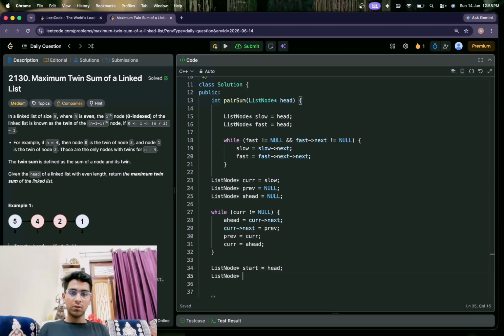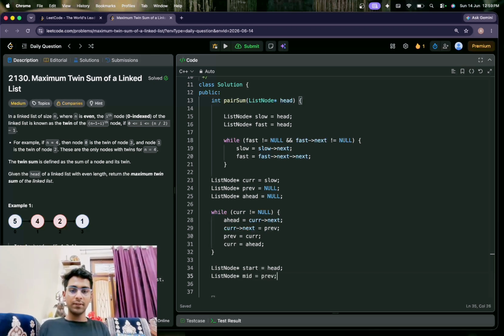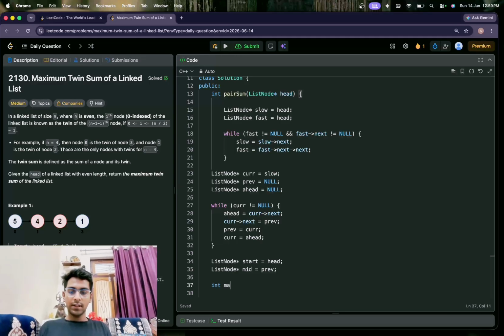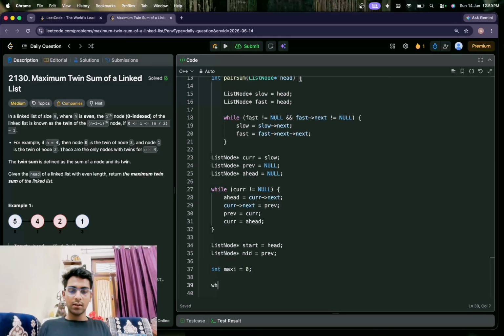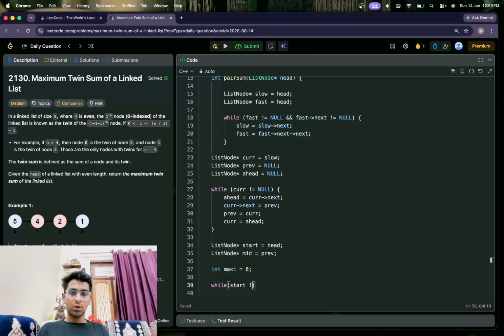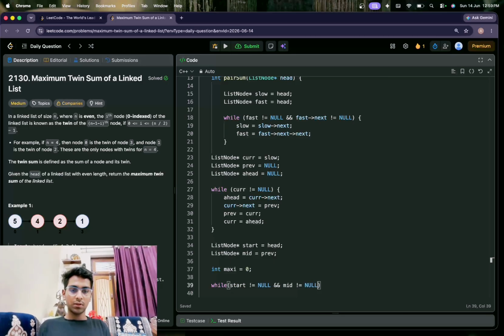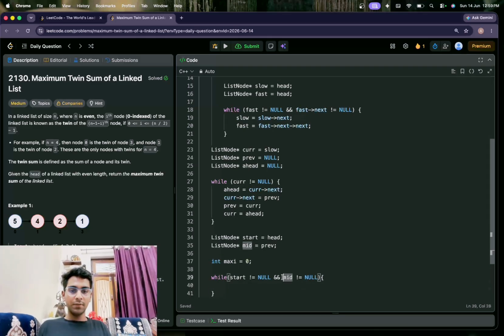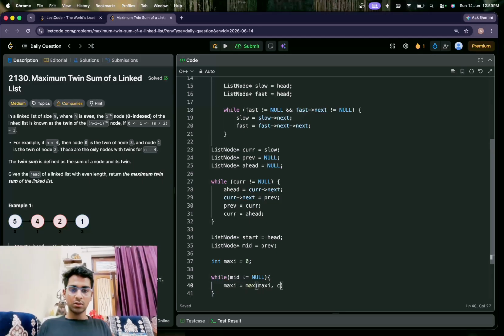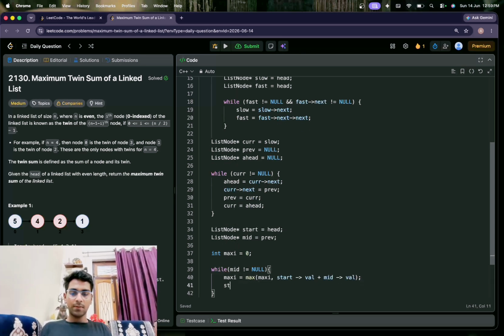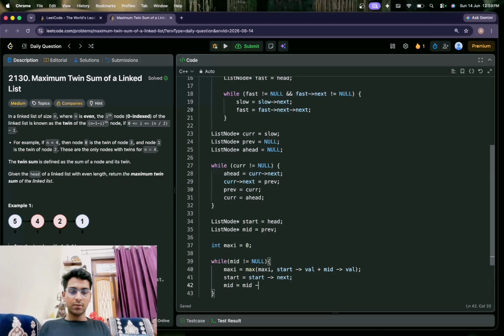I have one more list node that starts as mid, and I'll give it the value of previous, and I'll create int maxi equal to 0, and I'll run a loop while mid not equals to null, and maxi is equal to max of maxi comma start val plus mid val, and we'll do start is equal to start next, mid is equal to mid next.